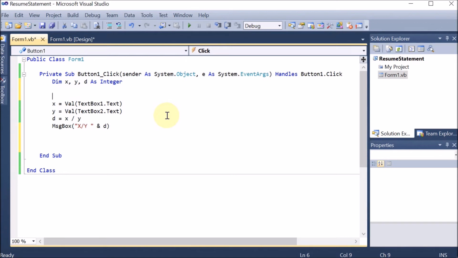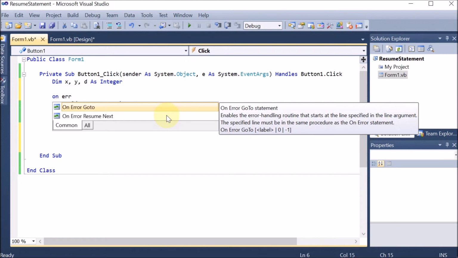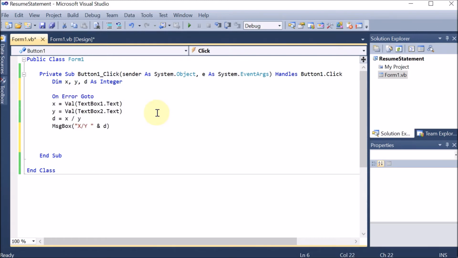So first of all, we are mentioning On Error GoTo. This is an inbuilt part. On Error GoTo means whenever in the upcoming code some kind of error is encountered, then go to where we specify. Let us suppose that here I am putting a label. Let us suppose Ankit is the label. Now you put a colon afterward. So this becomes the label now. You can see that it is going to the left. So you can say On Error GoTo Ankit, meaning whenever the error is encountered, you should go there.